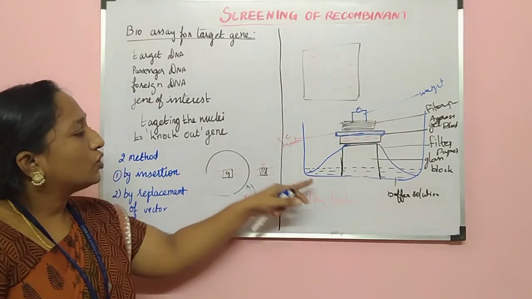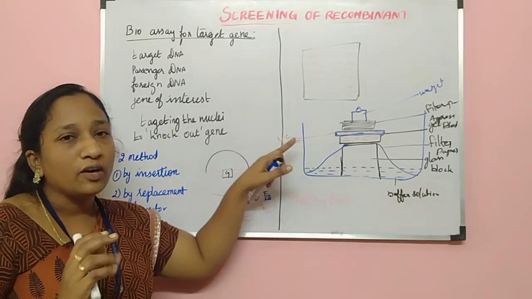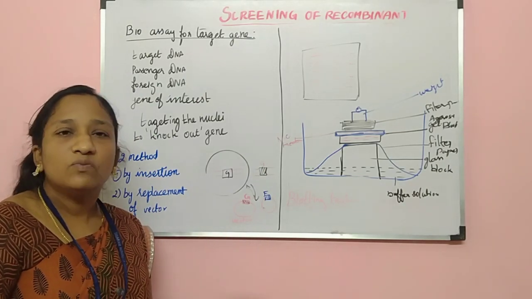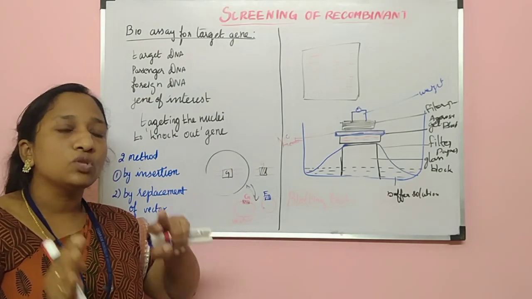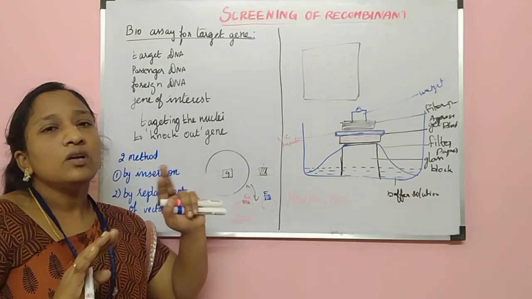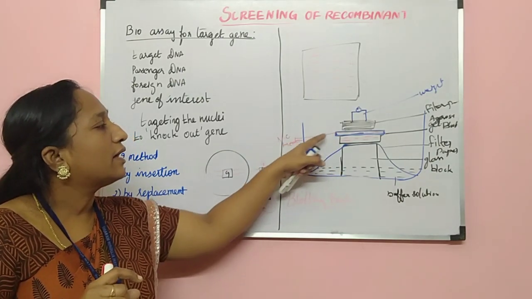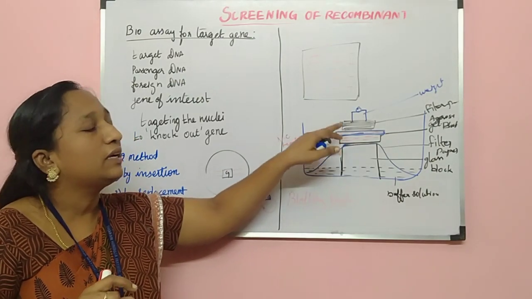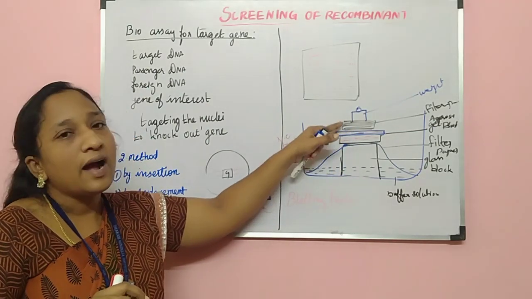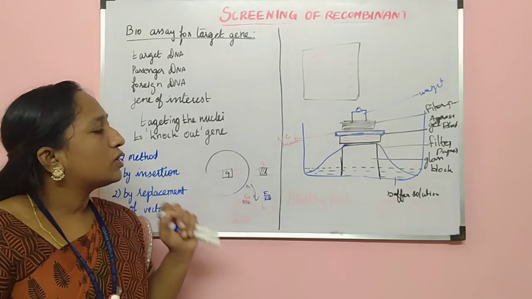Children, understood? So now we learned the blotting technique. What is a blotting technique? If you leave the agarose gel, it will get dry and go to waste. So if you want to store it for a prolonged period, for a long duration, this method will be used. A nitrocellulose membrane will be taken. From the agarose gel, the DNA fragments will be transferred to the nitrocellulose membrane, and it will be preserved for prolonged use. Okay, so that is called the blotting technique.